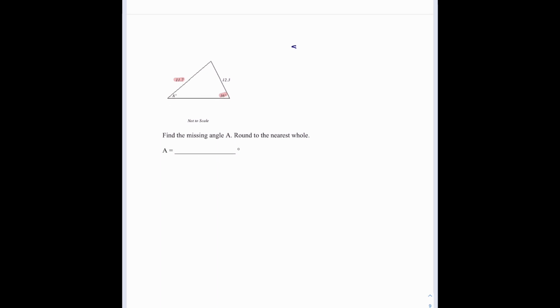Since we need an angle, I'm going to say sine angle A divided by the length of A, which is 12.3, is equal to sine 36 degrees divided by the length of the opposite side, which is 11.7. So here I'm going to multiply by 12.3 both sides of the equation. These will cancel. I will have sine A is equal to 12.3 times sine 36 degrees divided by 11.7. So sine angle A is equal to approximately